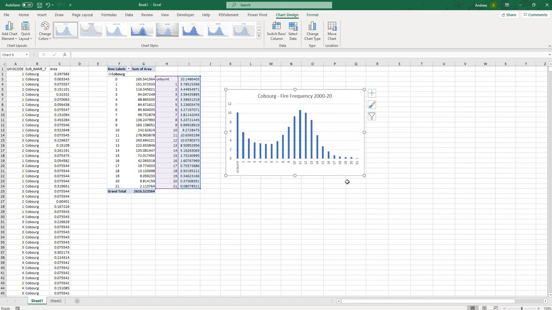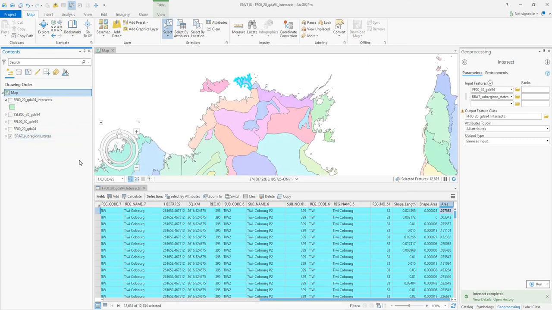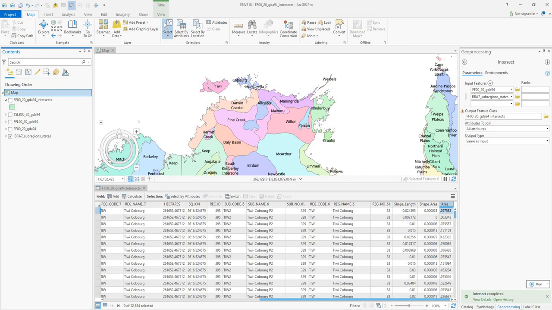So what I would like you to do is exactly what I've done here. Do it for 2 or 3 of the IBRA sub-regions. Go back to here and look at them. I would select some more small ones. So maybe go for Merganella, maybe go for Nhulunbuy. I did Darwin Coastal before, and it was still about 140,000 records. You can do Darwin Coastal if you wish, but you should do that for each of the 3 fire layers